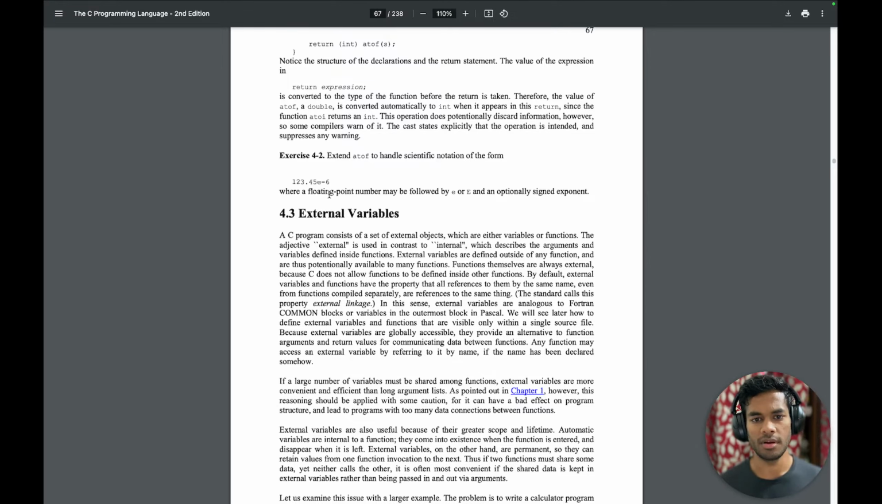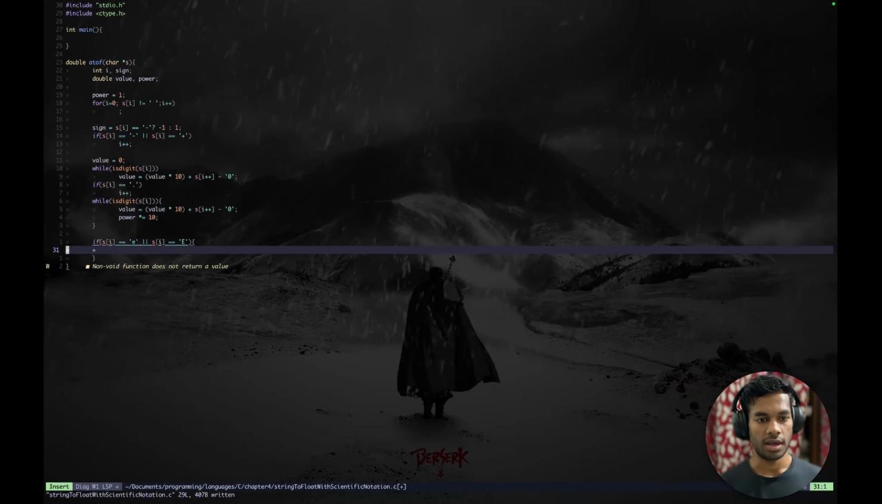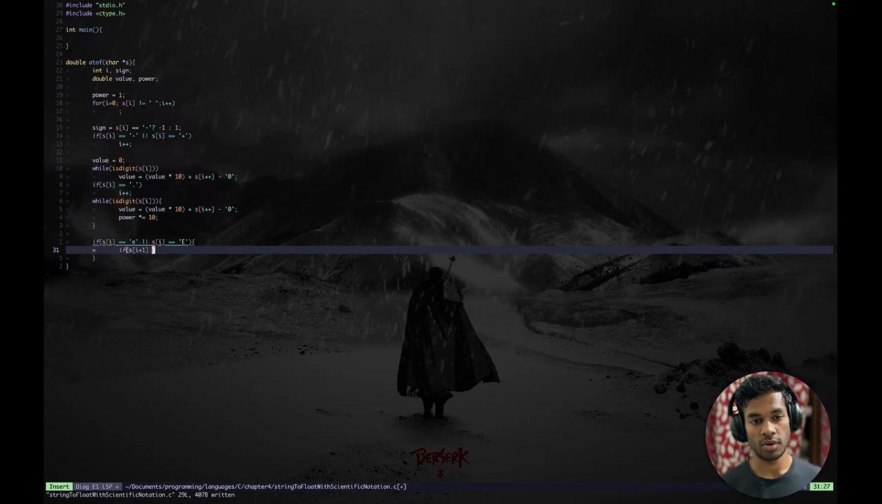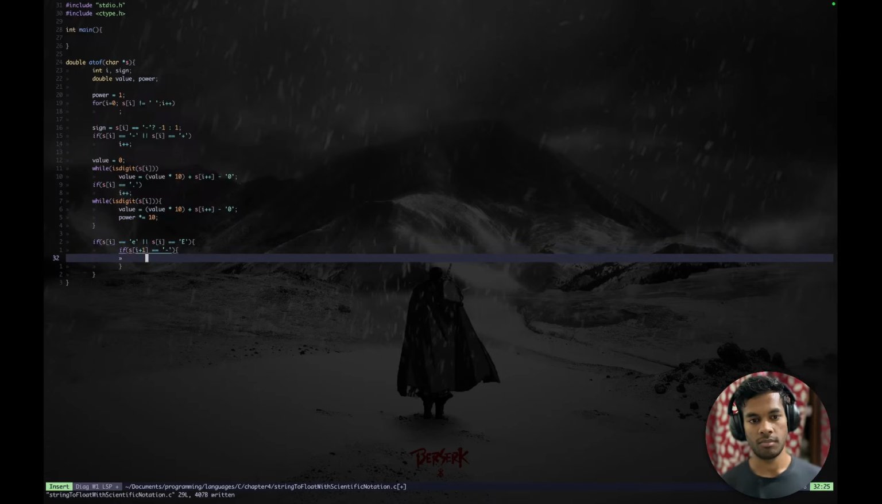I might have a number or a minus sign followed by a number. Now, if I am at E, then I would like to see if s[i] plus 1 equals a minus sign. If it is a minus sign, then